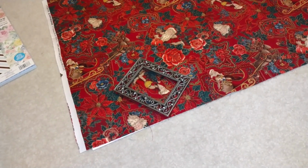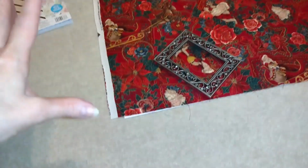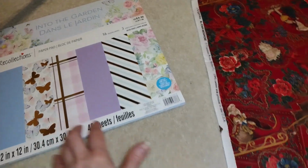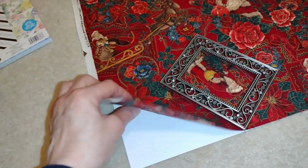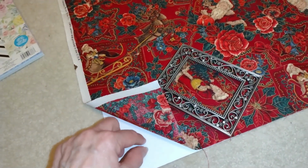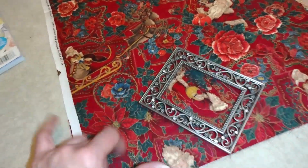I think this is going to be easiest for me to do on the floor. So I've got my fabric spread out here, but it's on carpet. So I took a page from this thing and put it under the section that I'm going to be working with on the fabric. And that will make it easier, I think, for me to cut, so my scissors won't be getting caught in the carpet. And then I've got my frame